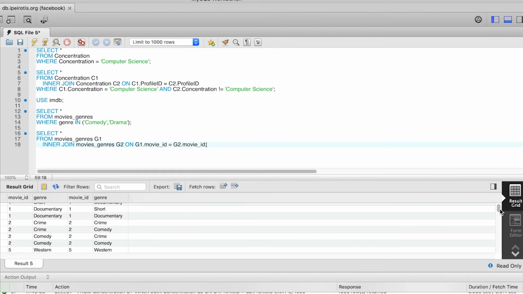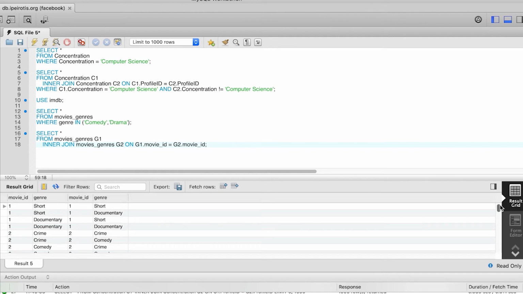Of course, in our case, we are not interested in all possible combinations. We only want to have comedy and drama. So we can pick, for example, G1 genre to be drama and G2 genre to be comedy. And we add where G1.genre is equal to drama and G2.genre is equal to comedy.